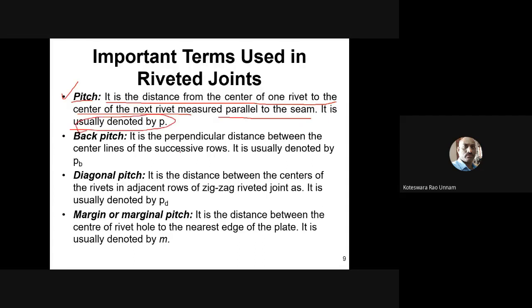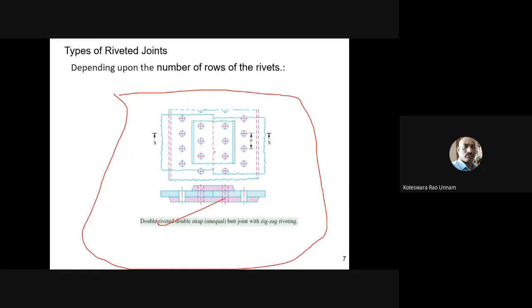If I go back to the joint here, this is the seam, where you are connecting these two plates. Here we are making the joint at this location or center line. I can call it the seam or center line. Now, if we move along the center line, the distance between the center lines of the two rivets, we call it the pitch. You can take these two rivets,